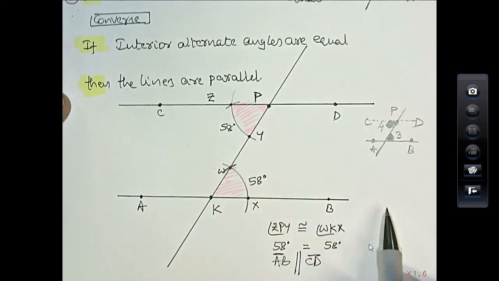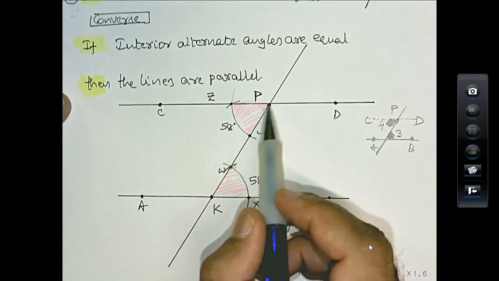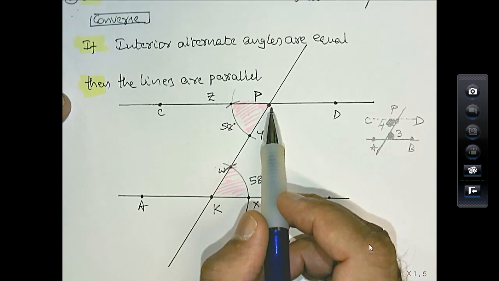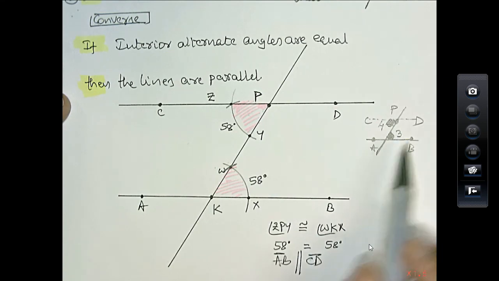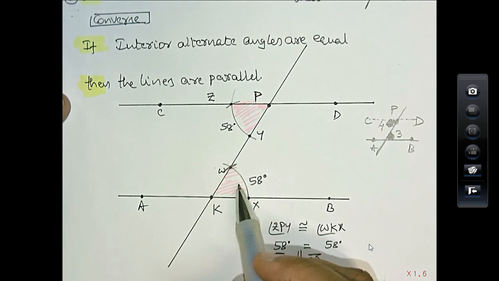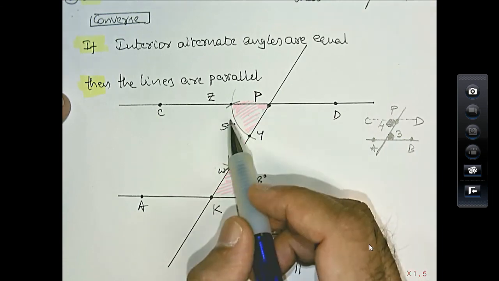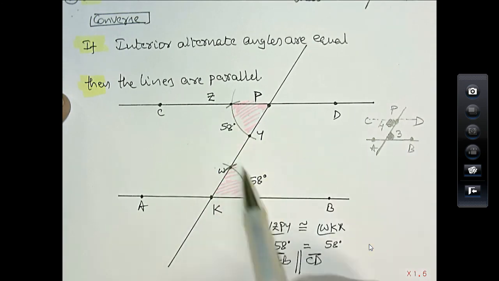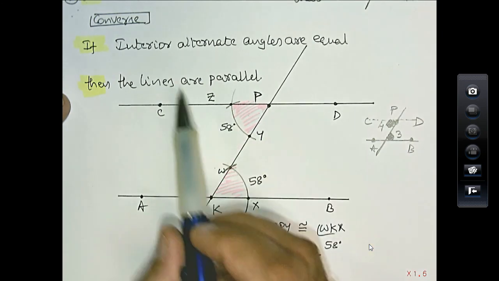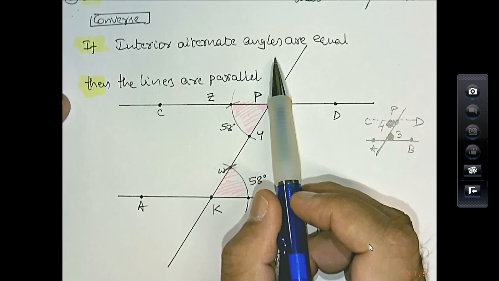So a line segment is drawn, a point is marked outside, and then I made a rough sketch to guide my construction. Then based on that, first this angle I tried to copy on the other side of the transversal, and I noticed that these two angles are equal. So as the interior alternate angles are equal, then the lines are